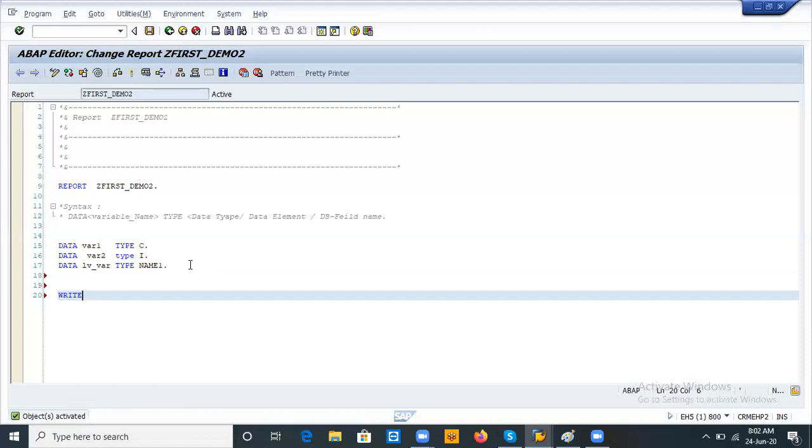For displaying output, we will use the write keyword. Write is a keyword.